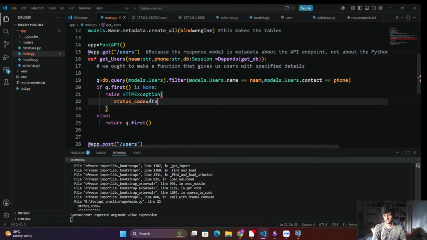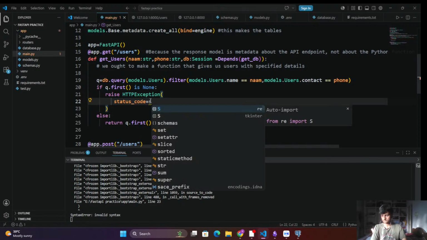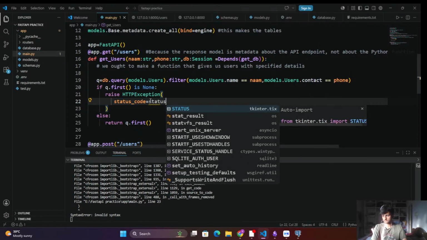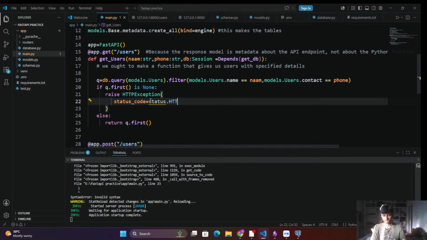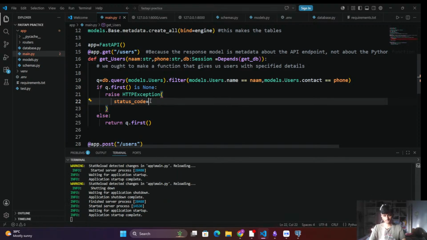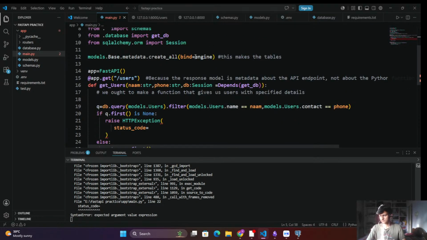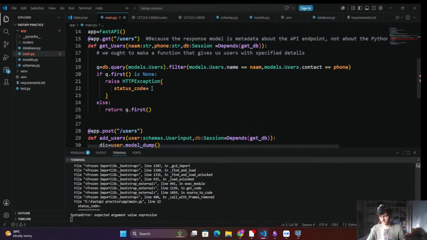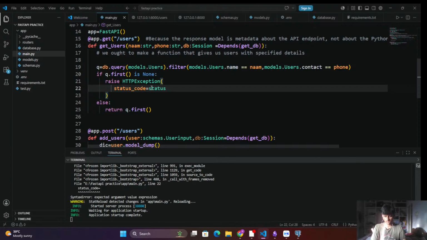Status code is status dot... I need to import status from FastAPI. So status. Now I can simply do something like status dot